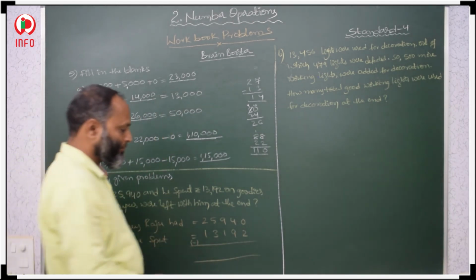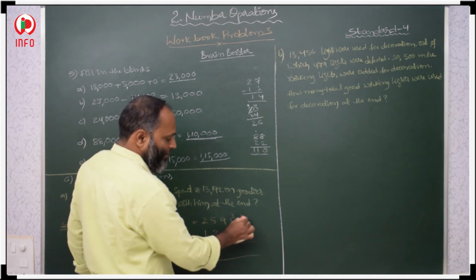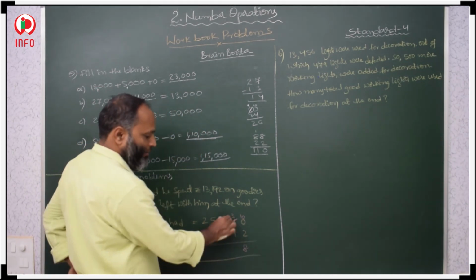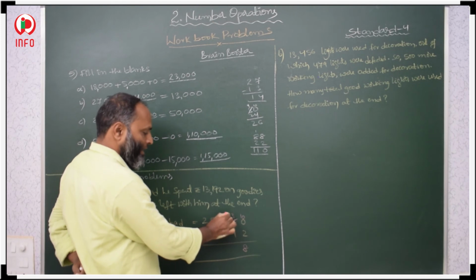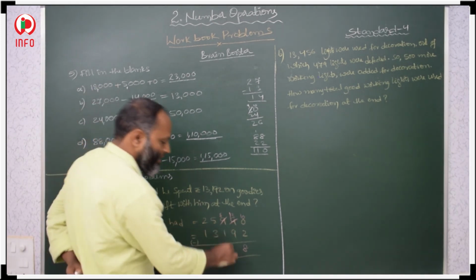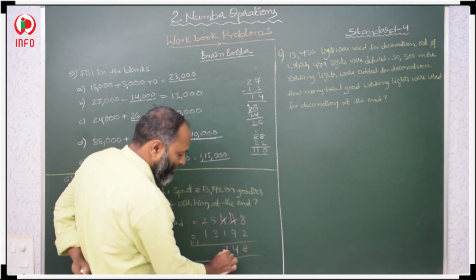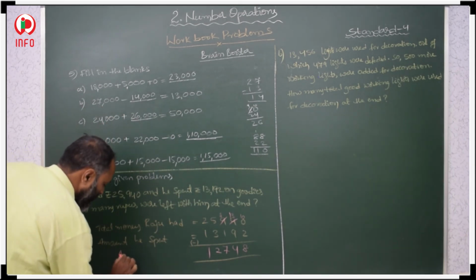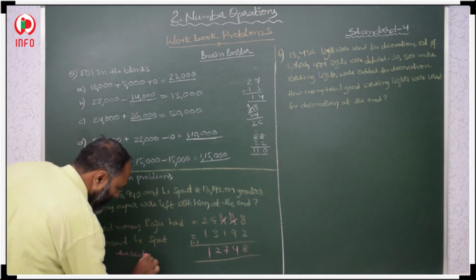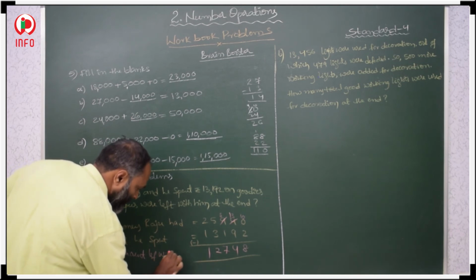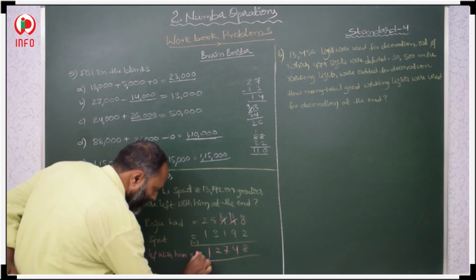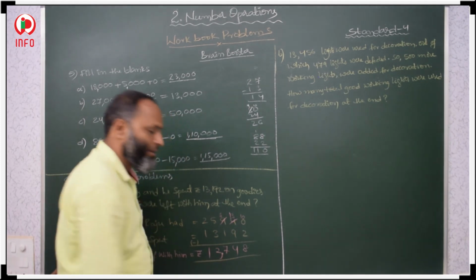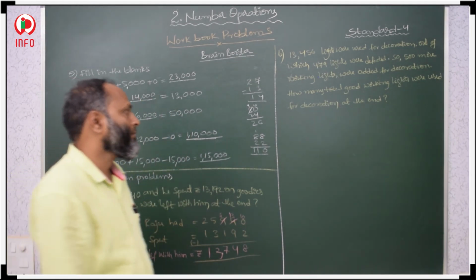Then minus. Take from here, it will decrease by 1 and this increases by 10. 10 minus 2 is 8. And again from here, it will decrease by 1, it will increase by 10. 13 minus 9 is 4, 8 minus 1 is 7, 5 minus 3 is 2, 2 minus 1 is 1. Amount left with him is 12,748. This much amount is left with him. Now,